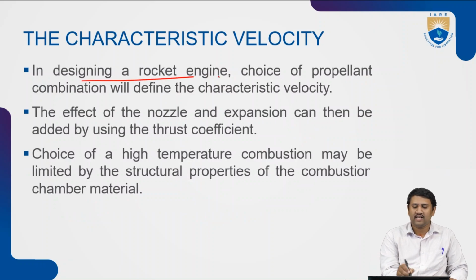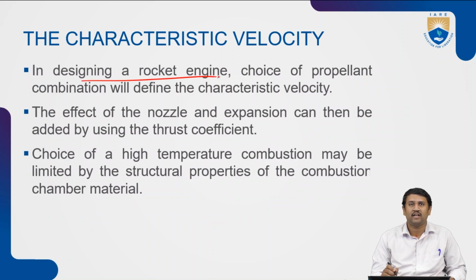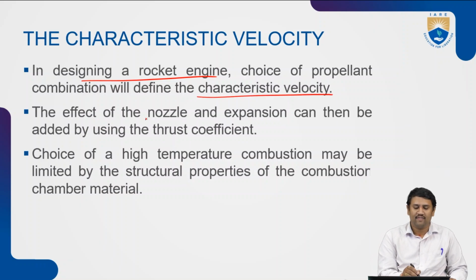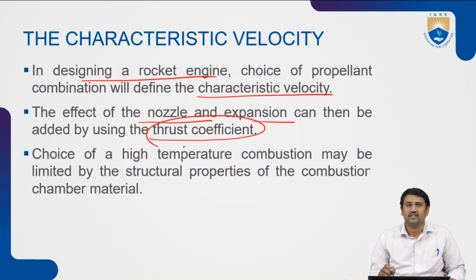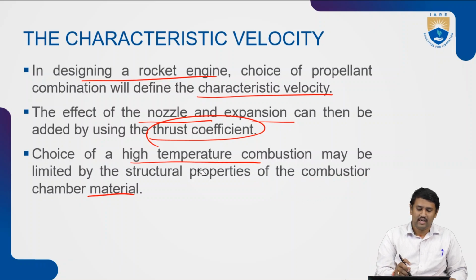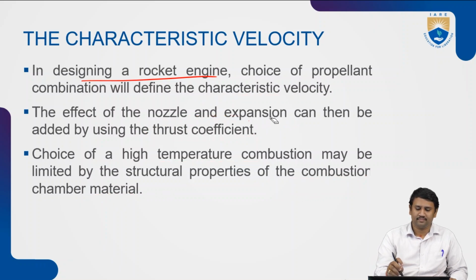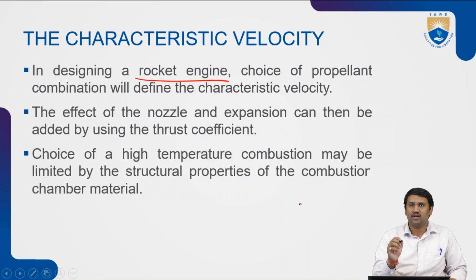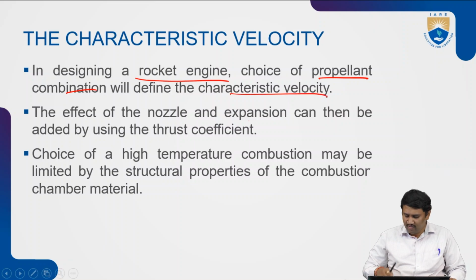Now, in order to design a rocket engine, the choice of propellant of combustion will define the characteristic velocity. The effect of the nozzle, particularly expansion, can then be added to the thrust coefficient. And the choice for high temperature combustion may be limited by structural properties of the combustion chamber material. Right? Let us elaborate a bit. Whenever we are designing a rocket engine, a particular choice of propellant combination will define the characteristic velocity. In what way? Because